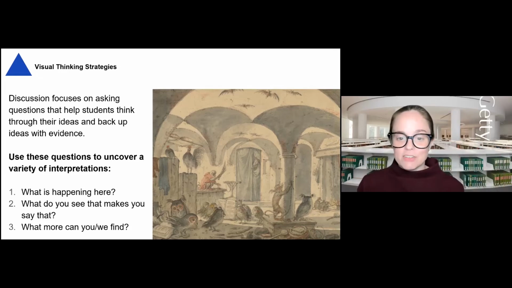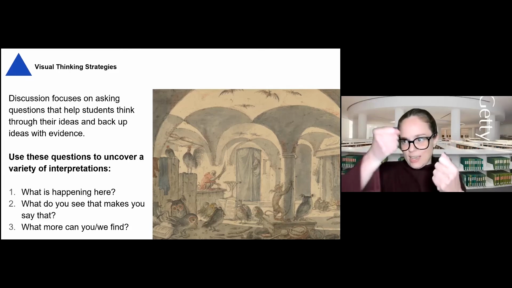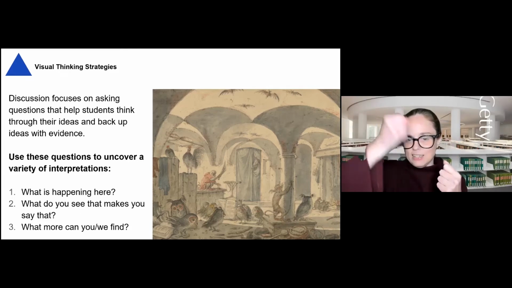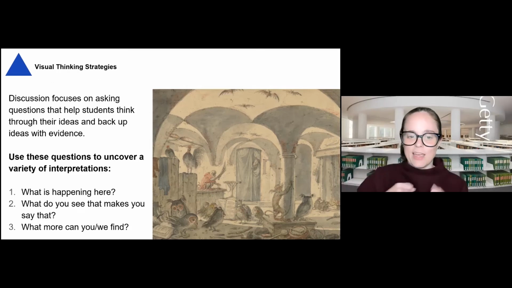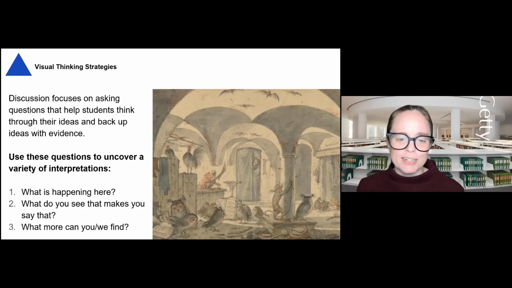And then we could dig even deeper into this assumption and pose another question to the group or to the student. And that question would be, "What more can we find?" And someone else might add that the monkey is holding the chain in a fashion that makes it look like they're trying to escape. So maybe he's pulling it, trying to get away. And you would then open it up again and invite more thoughts and ideas. And you would use these 3 questions interchangeably to drive the conversation.